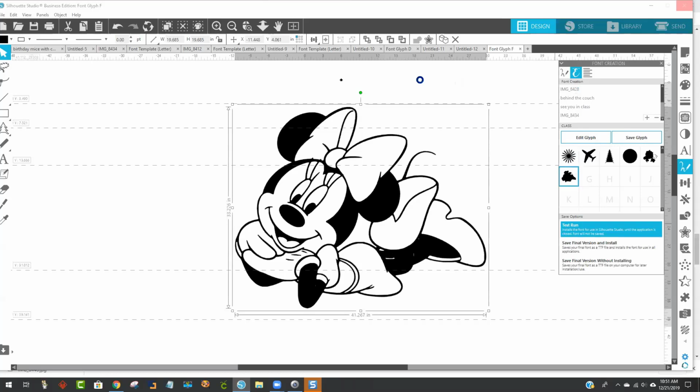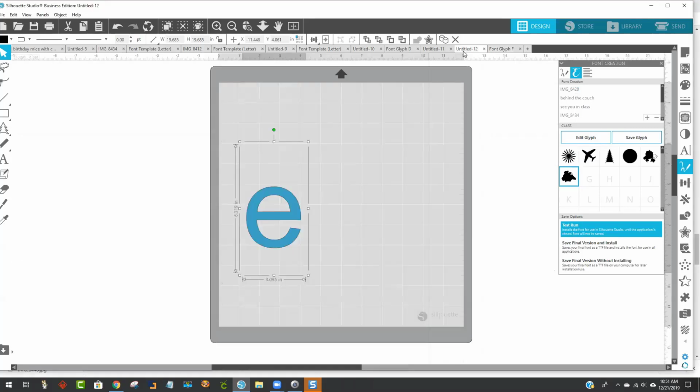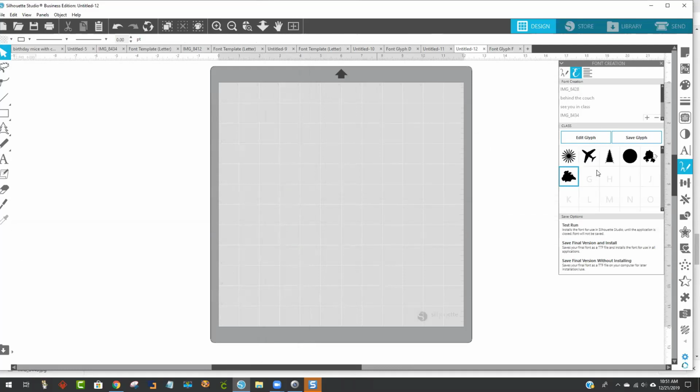And it's just named class number 3 because the first one I did was named class. I named that font class. And every time I resave it, it saves it as a number, different one. So see, this is class number 3. Okay. Then I'll just come into here and get rid of this one, delete. And that's AF. Okay, so I'm going to come over here again, type in the capital letter F, do this,